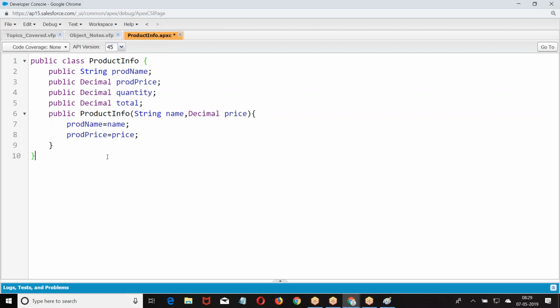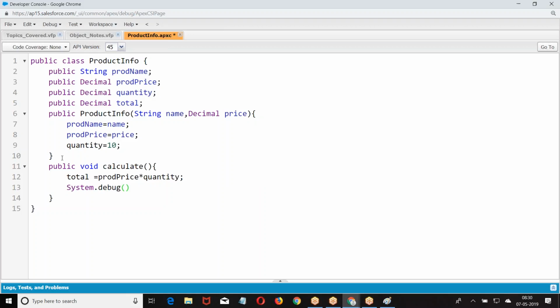Previously, I used to take common data for every object. Even now, I will try to give it quantity. Now, look at the point. Public void debug quantity.